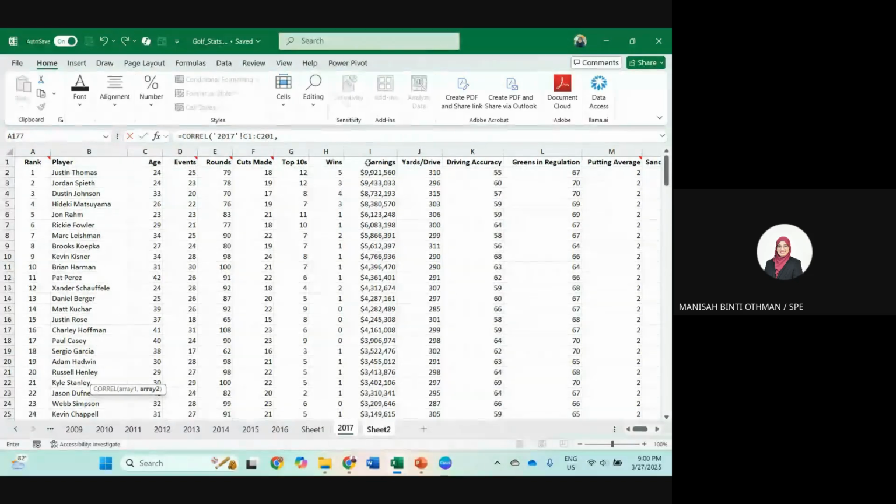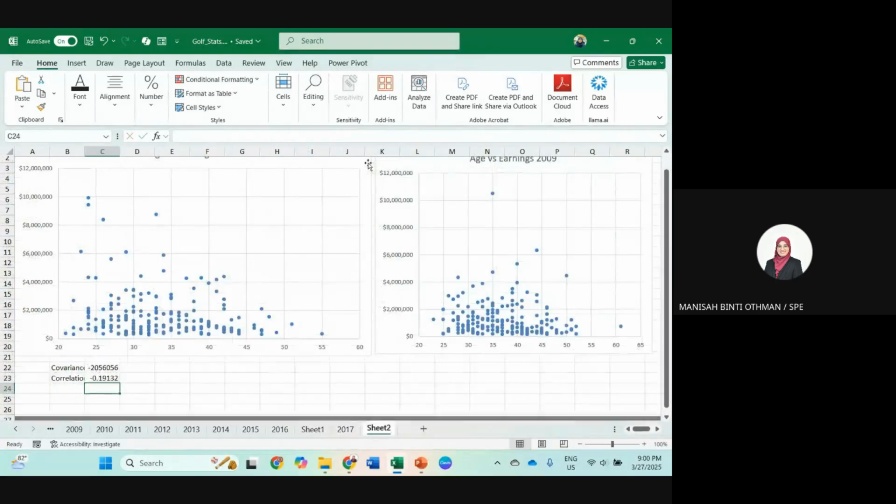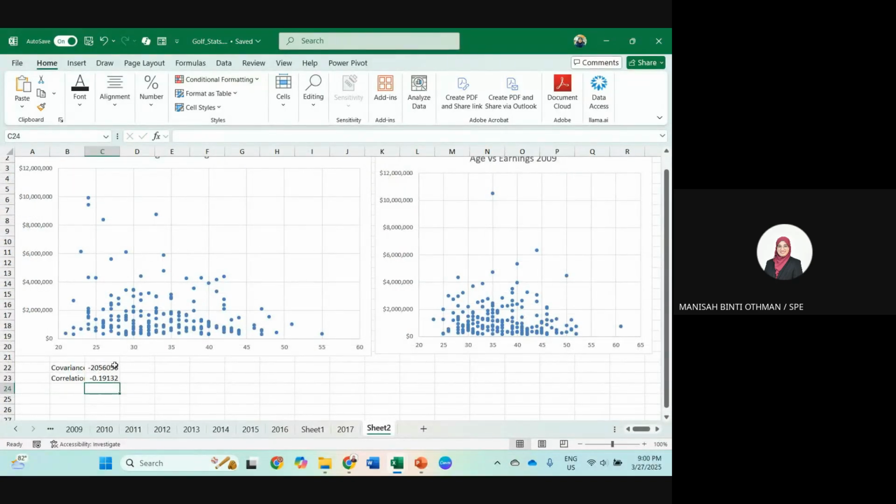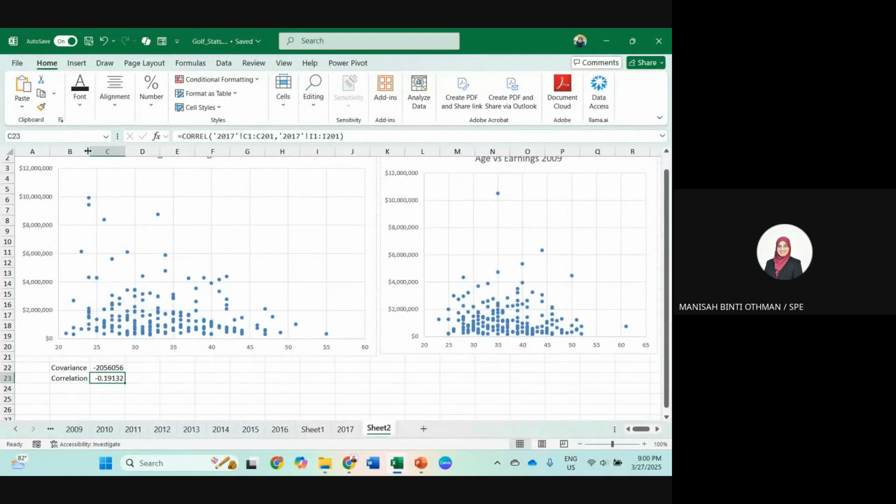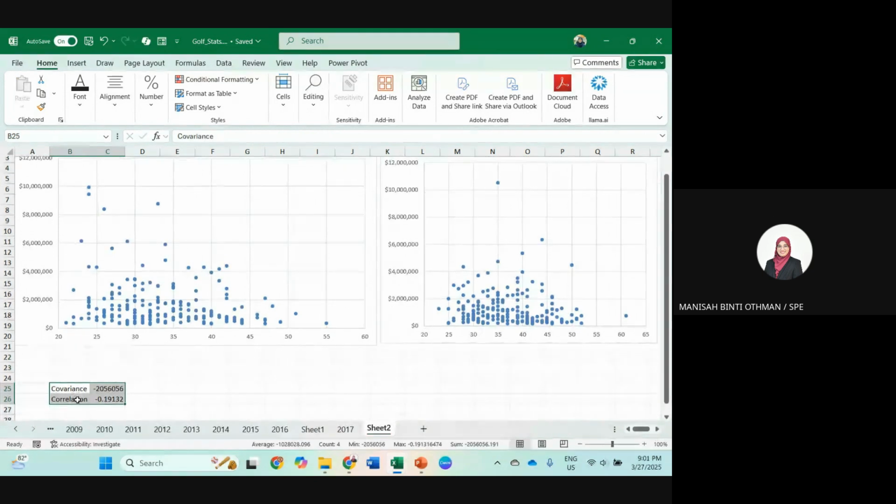The second array is earnings, Control Shift Down. And enter. Let me Control X and bring it down here. So this is for 2017.